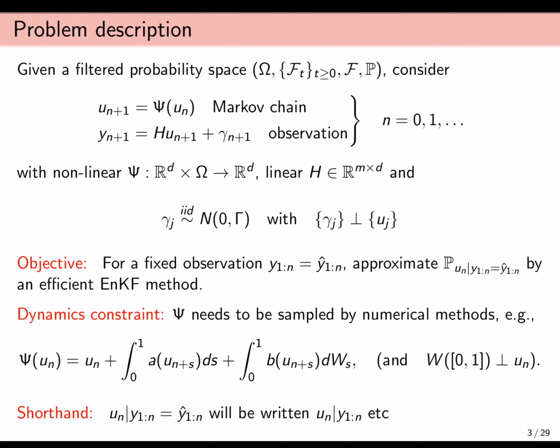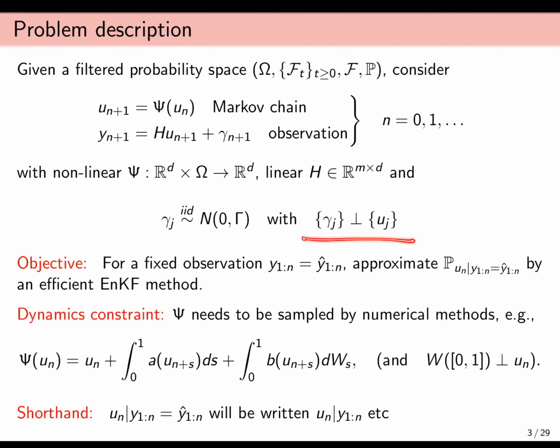All right, so we consider a dynamics observation filtering problem, which is in discrete time and has a finite dimensional state space. And here is my Markov chain dynamics. So this is a hidden Markov model. And then I have these partial observations in the hidden Markov model, which are linear and which have additive noise. So there is a stochastic element in this mapping psi. So psi may be nonlinear.